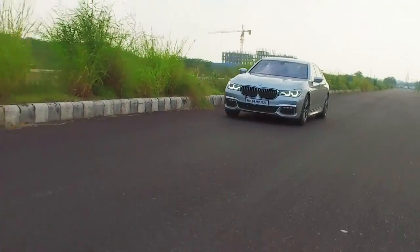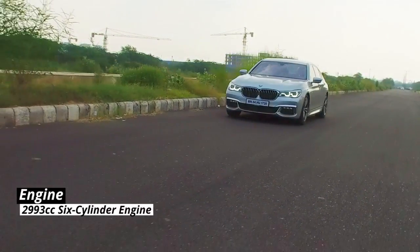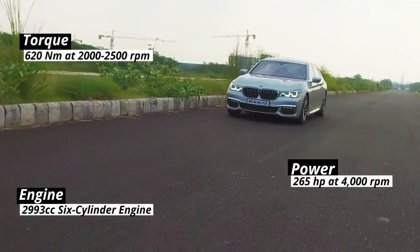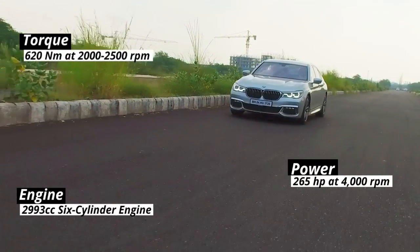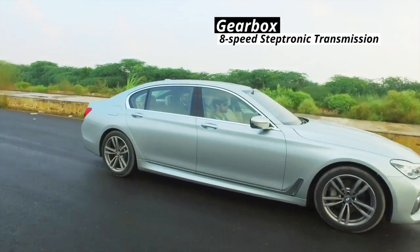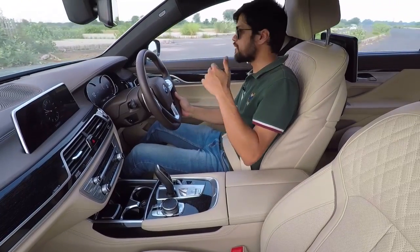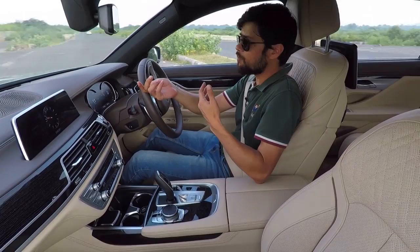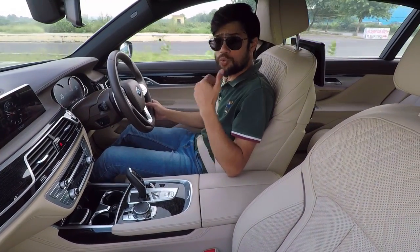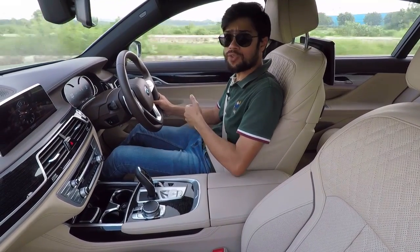Now, powering this car is a 3-liter BMW twin-turbo diesel engine. It develops 265 horsepower and 620 Newton meters of torque. Now, all of that power is channeled to the rear wheels through an 8-speed automatic transmission. The transmission is the same one that we've been seeing on BMWs for a while now, so the shifts are quick. The unit does not hesitate to drop a gear or two when you really mash down your right foot on